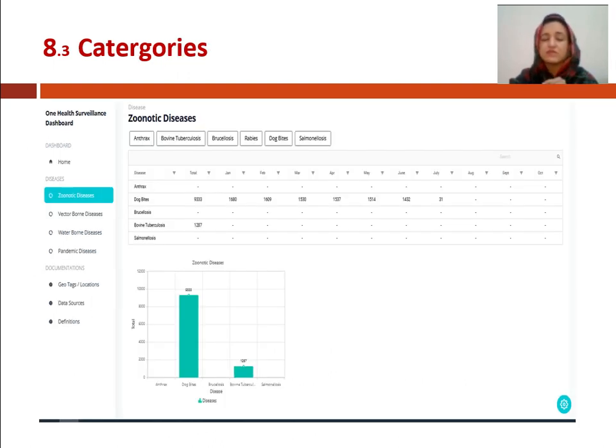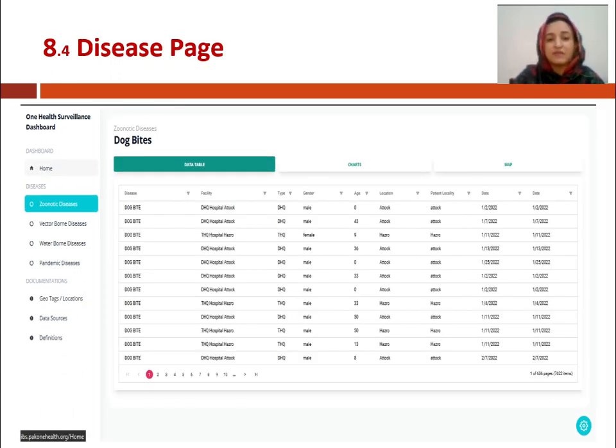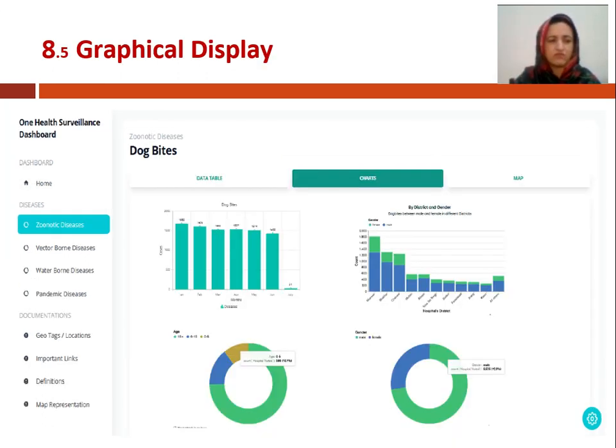If zoonotic diseases is selected on the home page, this is the very next page which comes. It has a number of important zoonotic One Health priority diseases such as anthrax, dog bite cases, and extensive dog bite cases, for which data are available. And data is depicted just in front of you in the form of graphs. Then if we want the data district wise, it will be displayed over here. And if we want that data according to the gender or the age of the patients, all such distributions are available, such as in front of you. Here is this pie chart and graph form.